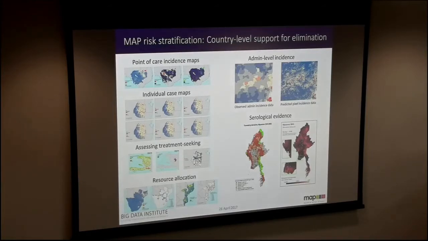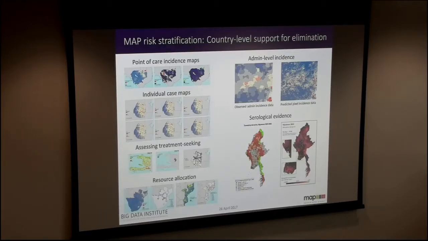We also predict, using data from household surveys, what treatment seeking rates would likely be, estimate catchment populations of health facilities, and use information on accessibility to those health facilities to determine where best new health facilities would be placed,